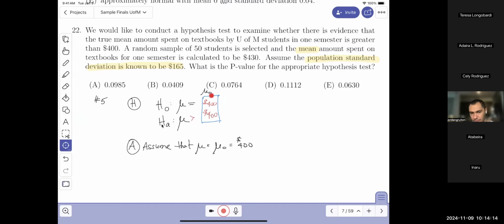I put a little 0 there. Null for no or not, so they put a little 0 to denote that. And this is what we will believe to be true. And then we're going to look to see if we have evidence against that assumption. It's $400. Because it's $400,